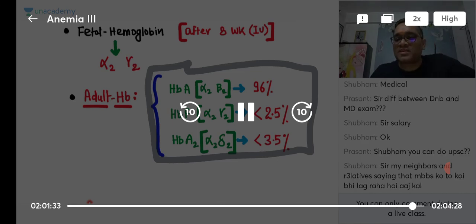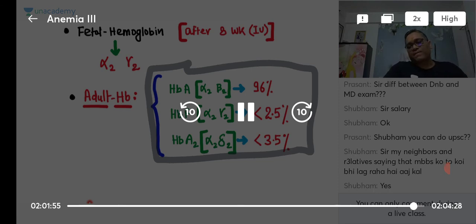MBBS कोई भी कर रहा है आजकल. हाँ ये तो है, बट कोई नहीं यार बोले तो उससे क्या होता है. देखो करने से कुछ नहीं होता है. MBBS कोई भी कर रहा है कि बहुत सारे लोग इधर उधर करते हैं, बट एक्सेल कितने लोग करते हैं. एक्सेल सारे लोग नहीं करते हैं. तो कोई भी कर रहा है, बहुत सारे लोग MBBS करने वाले, बट देयर आर वेरी फ्यू पीपल विल बी वेरी गुड डॉक्टर. और कैसा है कि डॉक्टर्स का डिमांड फिर से वापस आएगा. ऐसा नहीं है कि दिस सिनेरियो विल नॉट बी गोइंग राइट. So don't worry, this profession, you'll always have a good life.